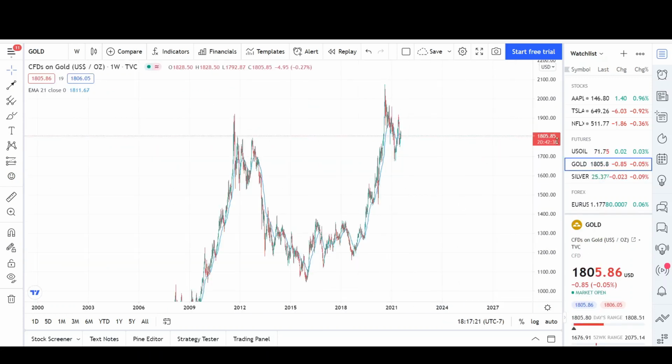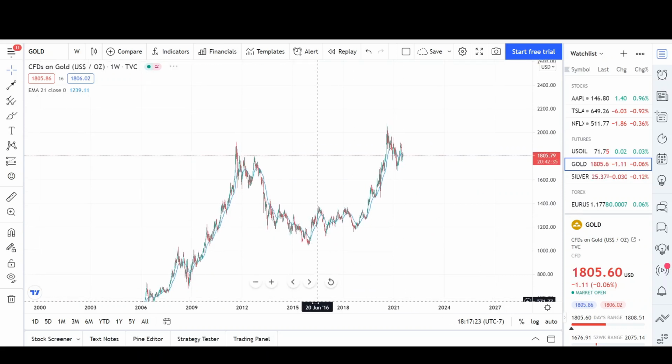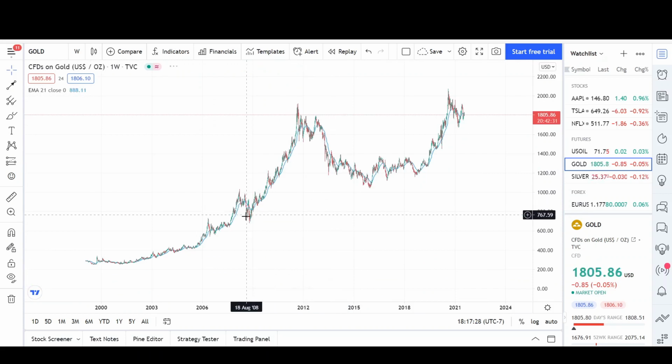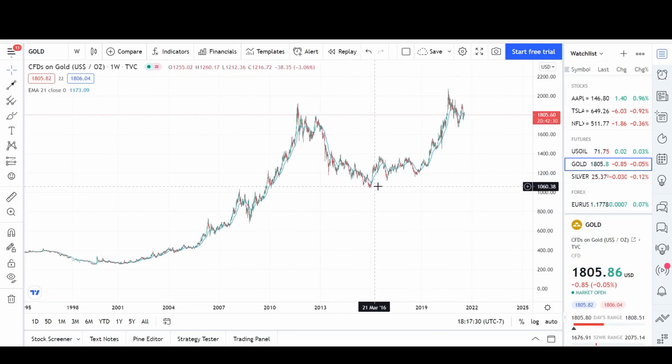And that's the gold chart. So whenever it looks pretty similar to that CVS chart where we had that strong move up, and then we couldn't make the new low, and then we had that strong uptrend,